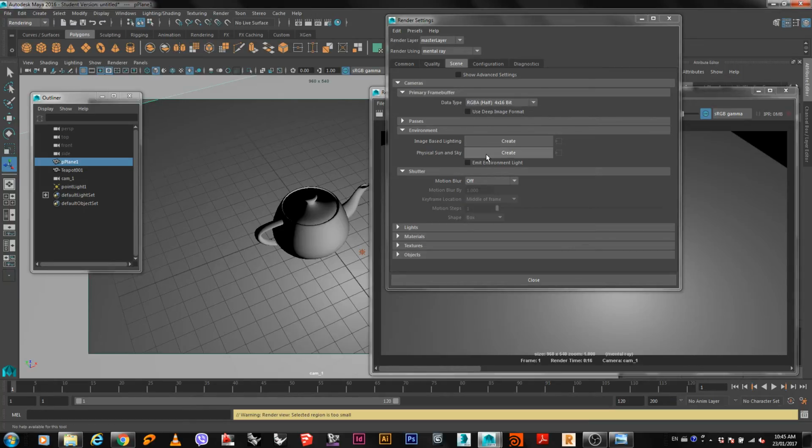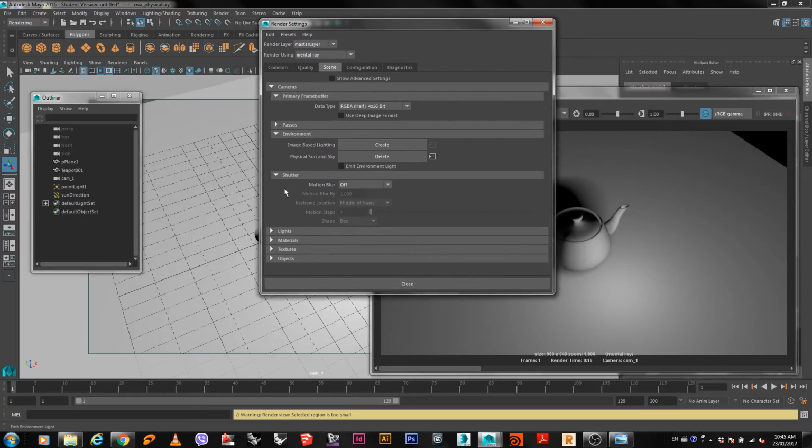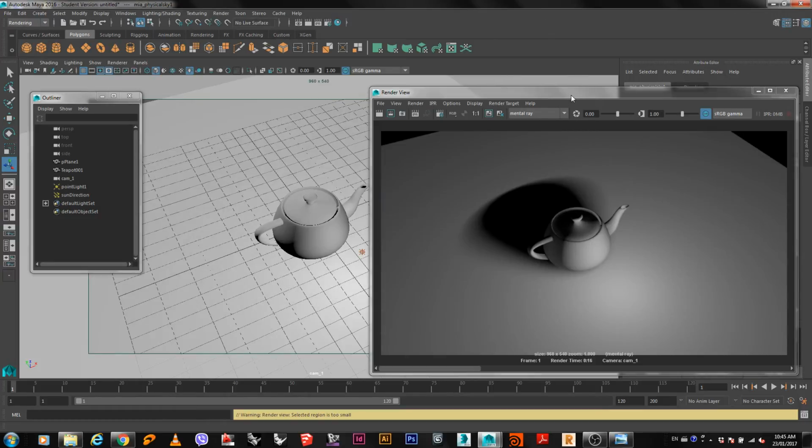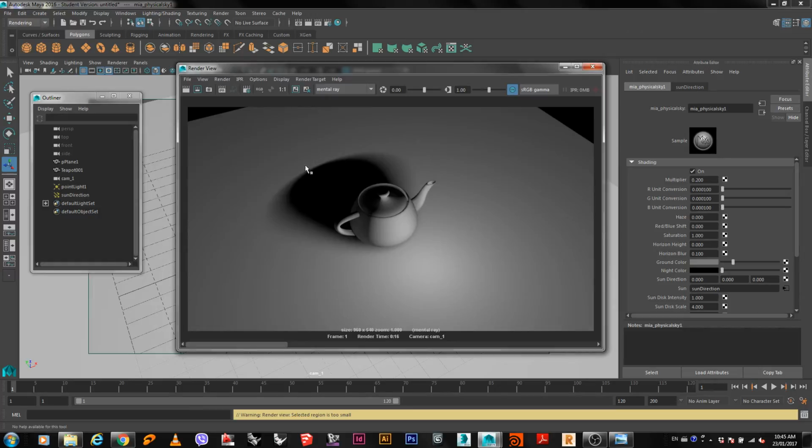Okay, I'm going to just click on it and create my physical sky. You can see now, instead of saying create, this one has changed to delete. If I delete it, it will delete all the properties and the light sources that I created by clicking on that. So in the render settings, there's not much more to talk about, but again, go into it and take a look and see what all these different tabs are and how we can work with them. Now here, I've created my physical sky,